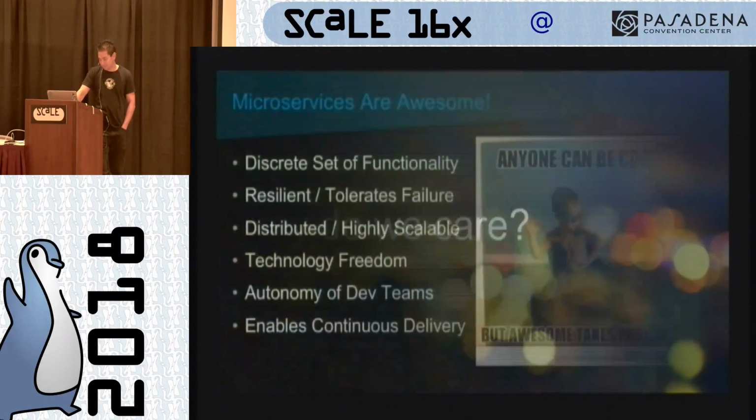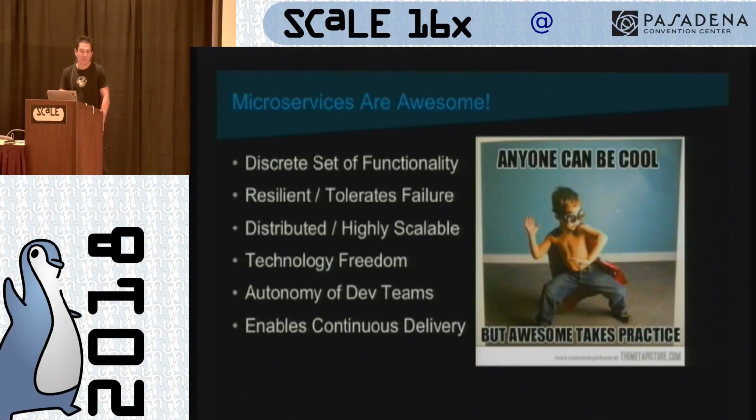So why do we care? Microservices are awesome, right? Microservices give you the ability to create a single service that fulfills a discrete set of functionality. As an example, you might create a microservice that handles user accounts: creating a user account, modifying a user account, and deleting one. They're also highly resilient and tolerate failure. If you have a microservice that has any difficulties or is not behaving correctly, you can just kill that microservice and then restart it. And microservices are highly distributed and highly scalable, right? If you have a given microservice that is being overloaded, like you have hit peak usage in your application because of peak hours or whatever, and you need to